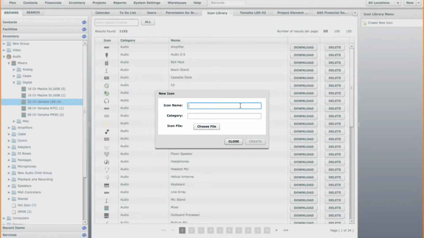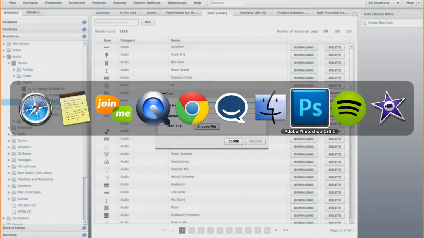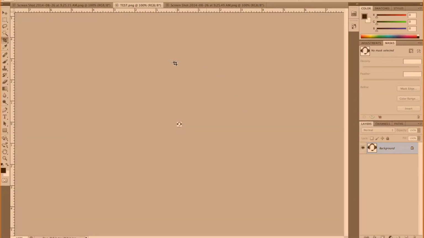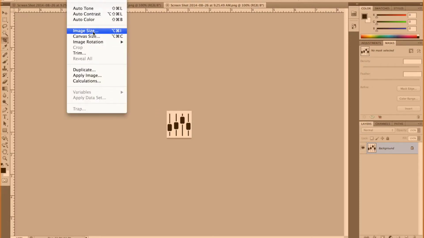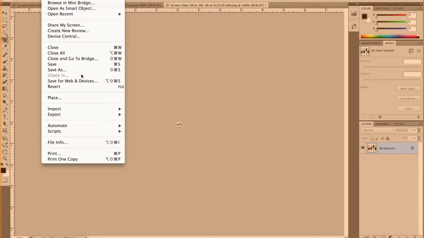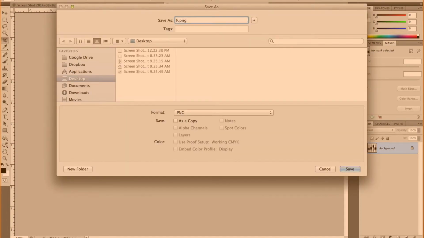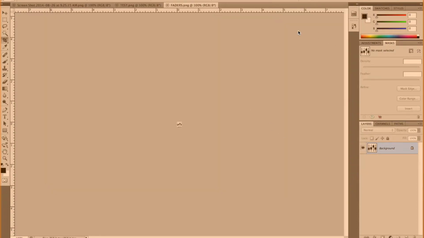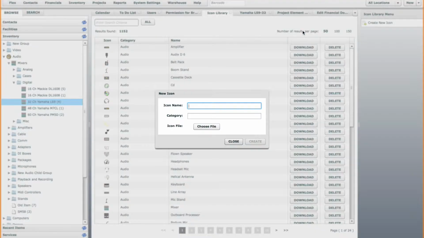Now before we do that, you're going to want to create the actual image file for the icon. What I've done is, let's open up Photoshop here. I have a few little icons that I just downloaded from the web, and we recommend resizing them to 16 by 16. Let's save that just as faders or something like that. And so if we go back to Flex,